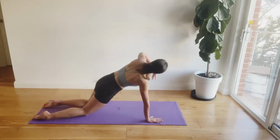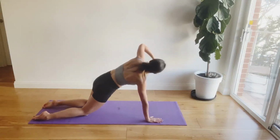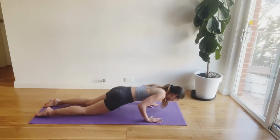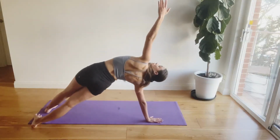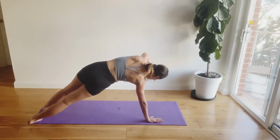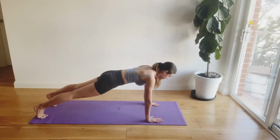Skim the elbows to the ribs. Let's find the last one, right down, skim the ribs and rotate, press those hips high. We come back around into that high plank, last little bit, stay with me, use that breath. You've been absolute